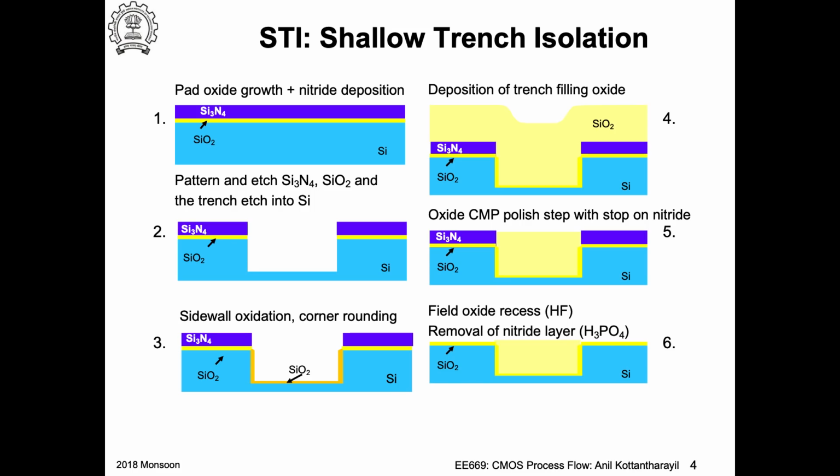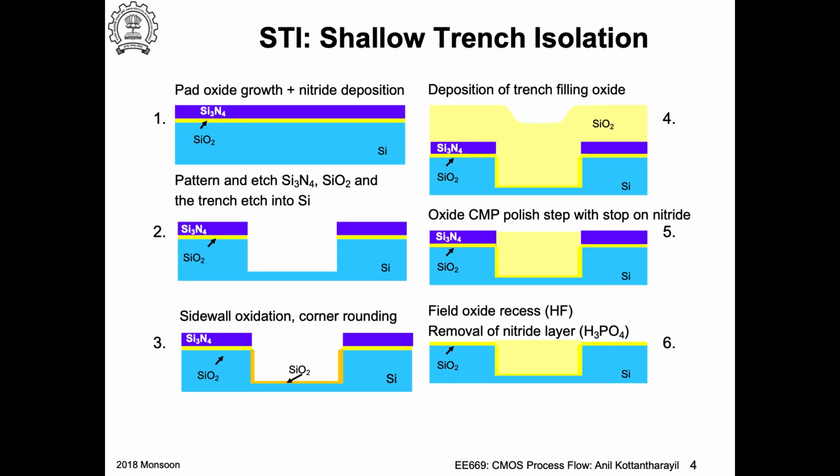So what is the role of the pad oxide? Okay, so this is grown by thermal oxidation of silicon, and this is deposited so that the next layer that is coming on top, that is the silicon nitride, which can create a stress on the silicon. So this is used as a buffer or a pad between the silicon and the nitride. And after the silicon oxide is grown, you deposit silicon nitride, which is typically about 150 nanometers, and this is